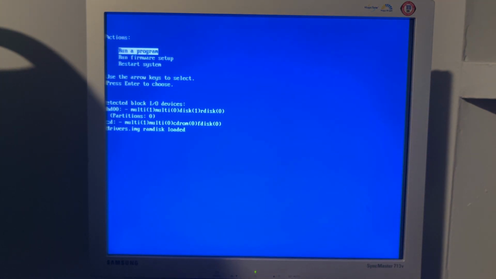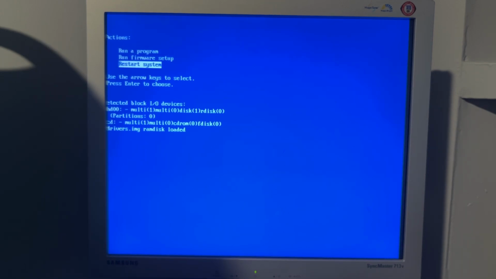So we're gonna reset the machine, and we're gonna restart it up while holding the C key to try to boot off of that. And I don't know what's up with that hard drive because I'm not hearing it anymore. So this hard drive might be cooked. Oh, and we're booting off of the disk here. So let's